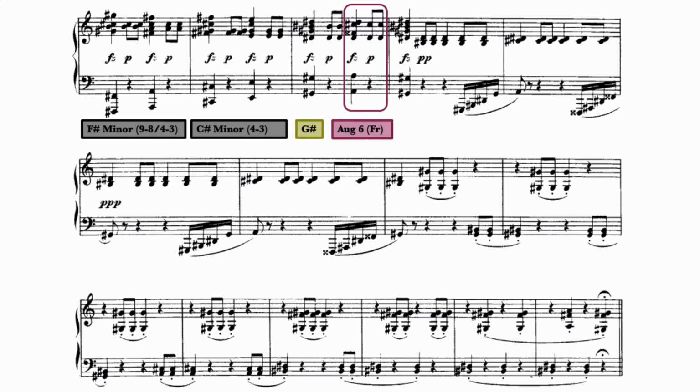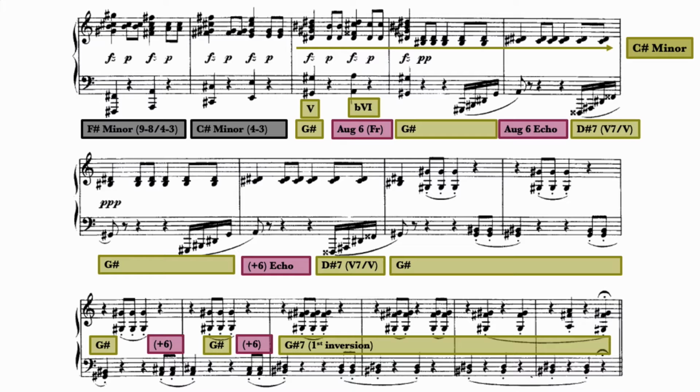This strongly implies a turn towards C sharp minor, with G sharp the dominant of C sharp minor, and the French sixth built on the flat sixth. This dominant harmony is prolonged with implied echoes of the augmented sixth and secondary dominants, right up to the end